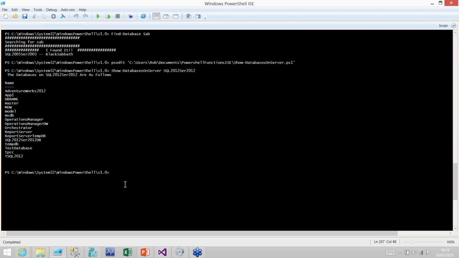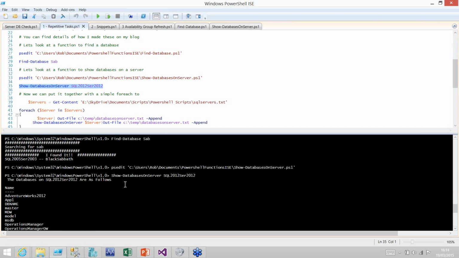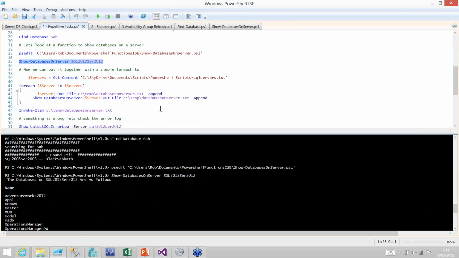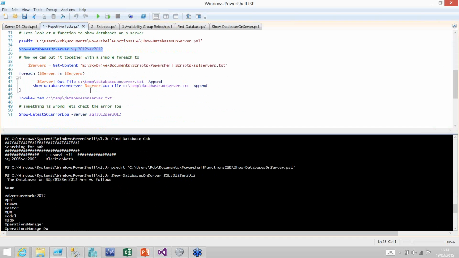Those are our databases. There we go. Quickly say to people, this is what's going to be affected if you need to affect that system. And of course, as you've got your functions, you can then combine them into reports. So if we grab our server's text file again and loop through it, all we need to do is have